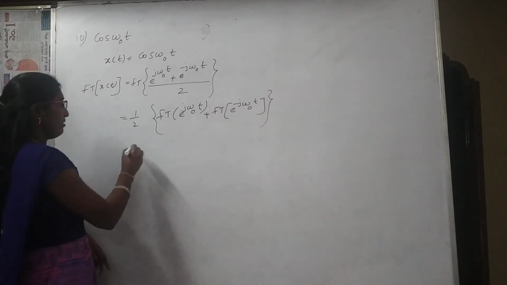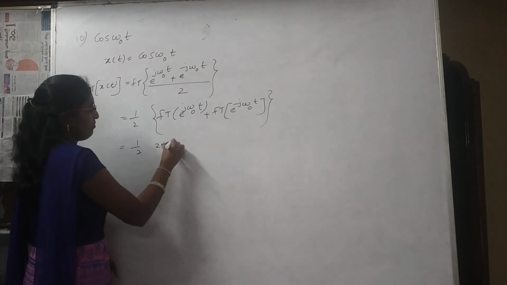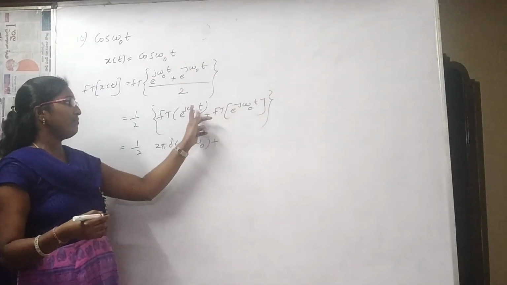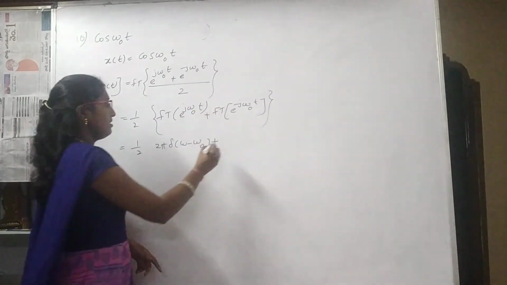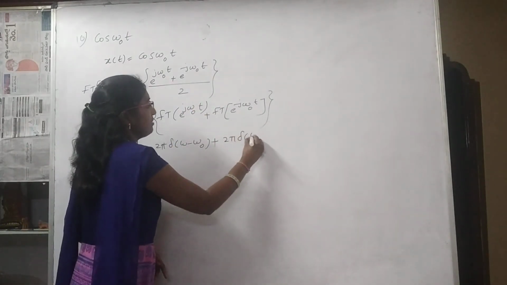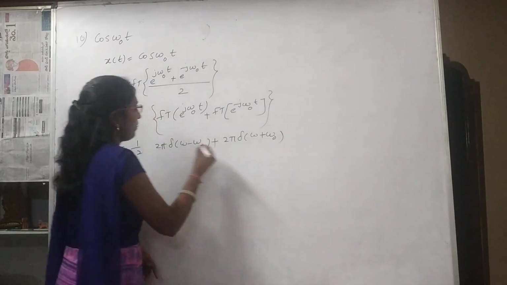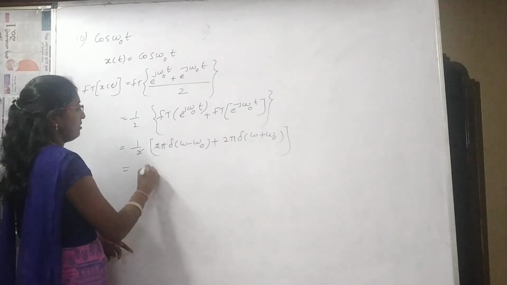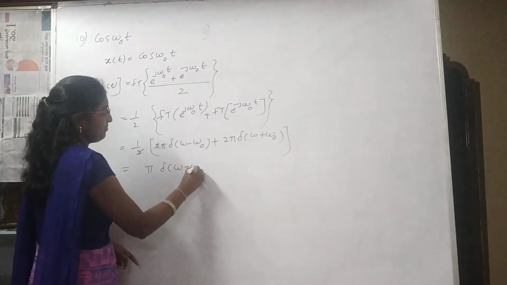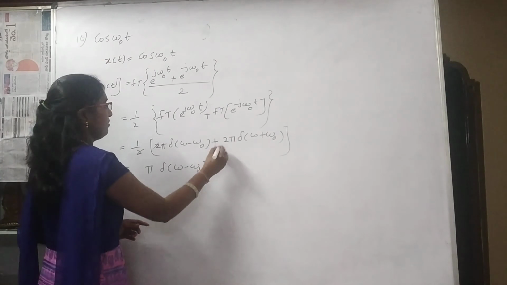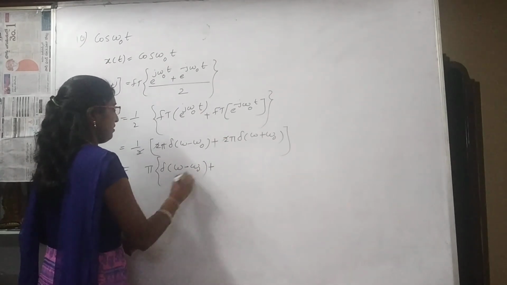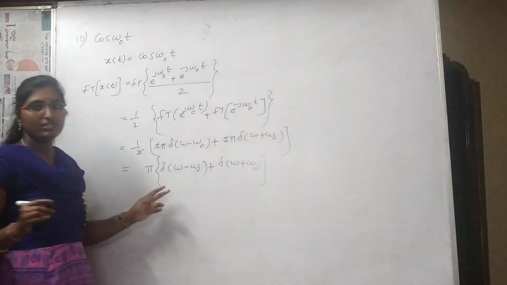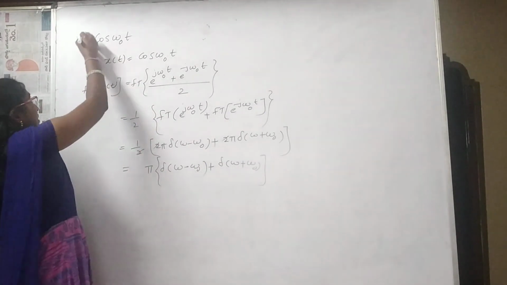What did you get there? 1 by 2 into 2 pi of del omega minus omega naught, and for e power minus j omega naught t, minus omega naught is replaced here, del omega plus omega naught, and here 2 gets cancelled. Finally, pi of del of omega minus omega naught plus del of omega plus omega naught is the Fourier transform of cos. Similarly, and the 11th one, the last one will be